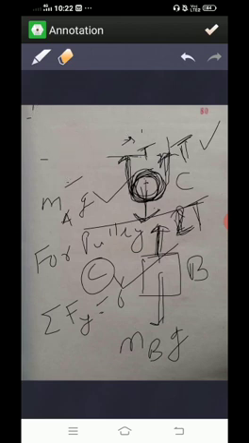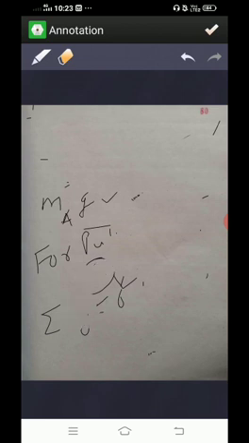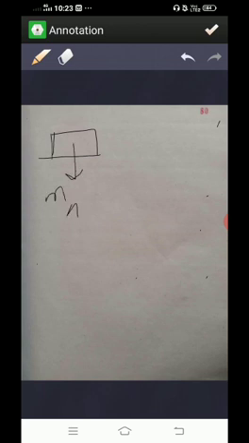Let us again draw the free body diagrams of all the parts. Here, this is block A, weight is MAG, tension, then